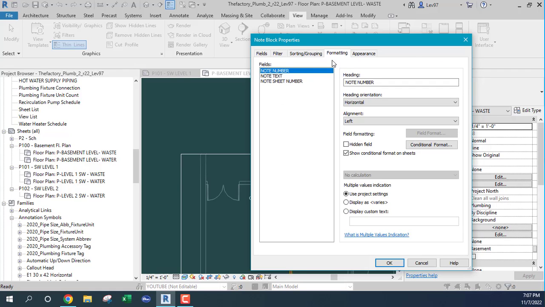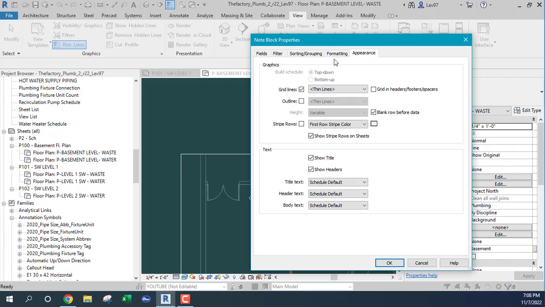And the formatting, I don't want the sheet number to show up, so I'm going to hide it. That would be that guy, okay? And appearance, I'm not going to worry about the appearance right now. This is just for formatting